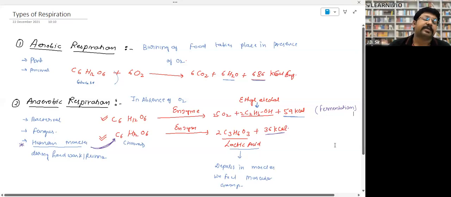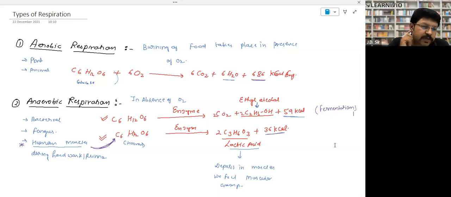The second thing is the type of respiration. So you have to put the heading type of respiration. But first, let me make you understand, and then you have to copy it as it is. Look, I will explain what is aerobic and anaerobic. Don't jump directly to writing now. So first, aerobic respiration and anaerobic. From the name itself, it is clear: in aerobic respiration, the burning takes place in presence of oxygen, and in anaerobic respiration, the burning takes place in absence of oxygen. Yes, burning also takes place in absence of oxygen. There are some organisms which can generate energy without utilization of oxygen. Look.